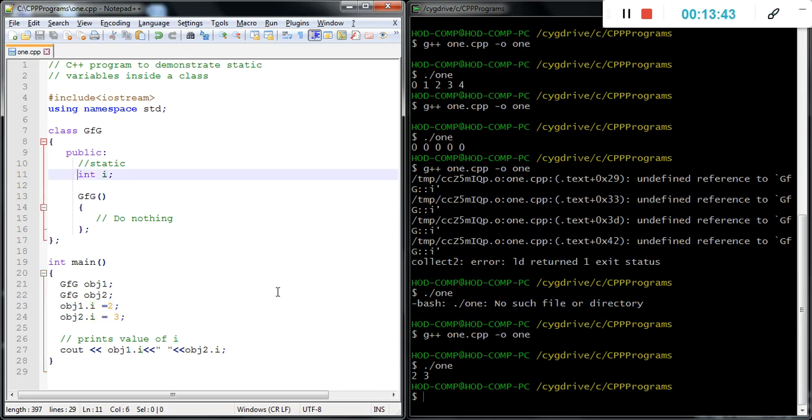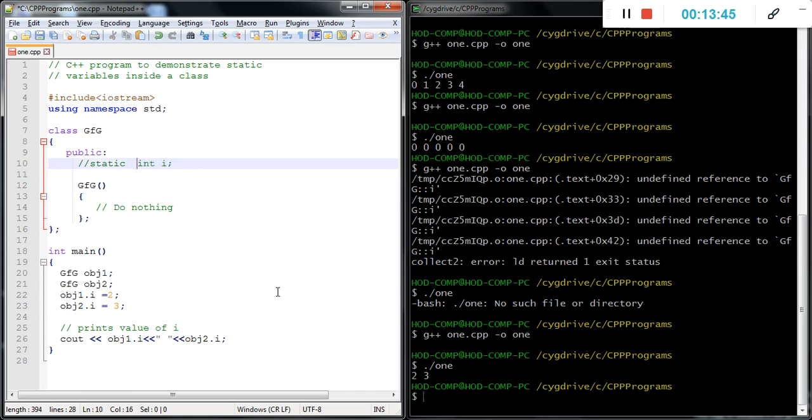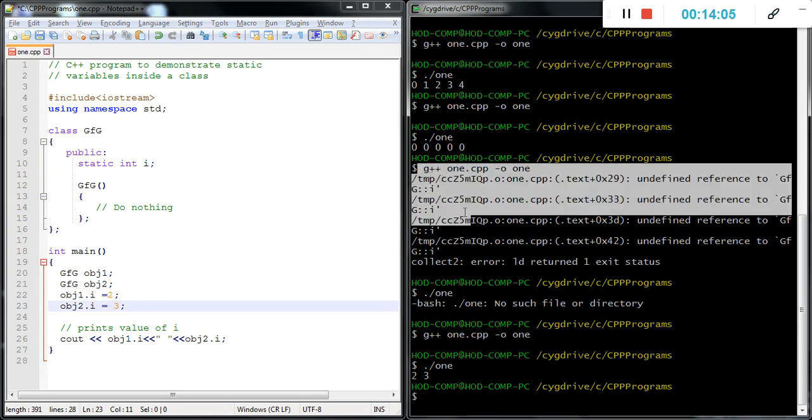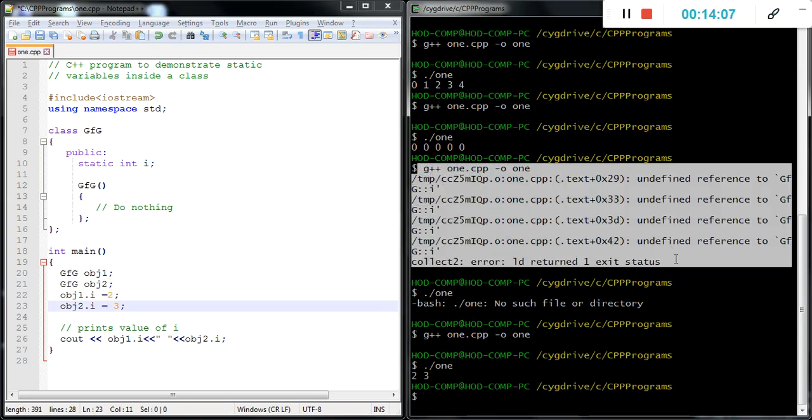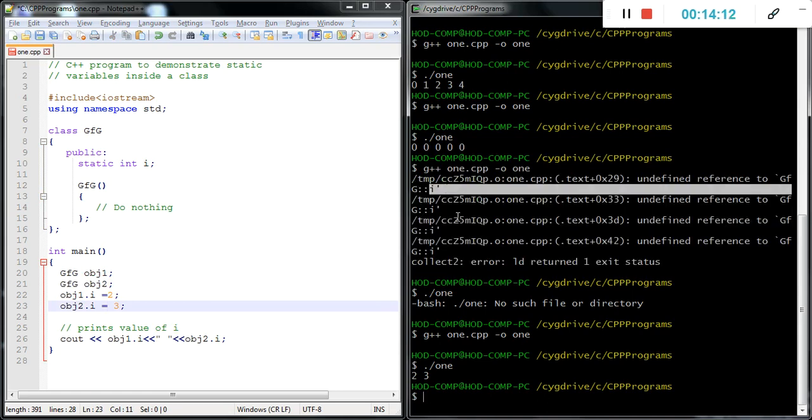But when we define it as static, it is not possible, because a static variable stores the state of the particular value of I. That's why we cannot share that memory between two objects. That's why it gives something like undefined reference to GFG::I. We cannot define it with two objects.